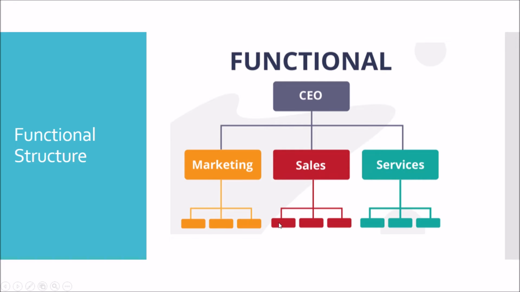So this is what our functional position would be. Let's say this salesperson has been talking to this marketing person across here. There might be an issue. It might go all the way up the marketing chain, all through the CEO, and all the way down as well. So you can see in terms of that speed of change, it can go all the way up, across, and all the way down. And so that is the big disadvantage of the functional structure.